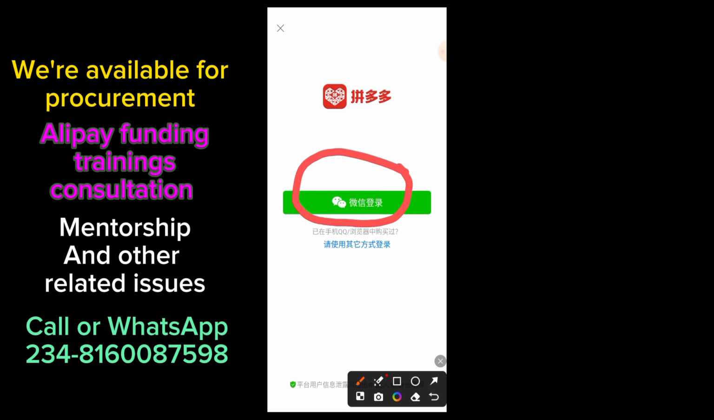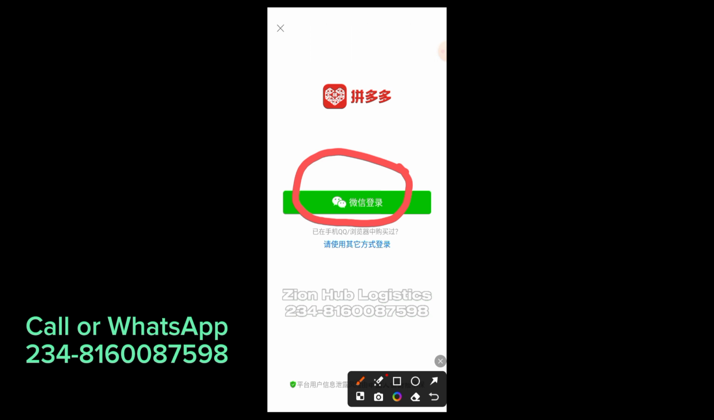Maybe this is just a barrier that makes you unable to create a WeChat account. So you are now finding the best alternative to have a Pinduoduo account. Yes, the video is right here. So now I'm going to be showing you how, instead of using this WeChat account,